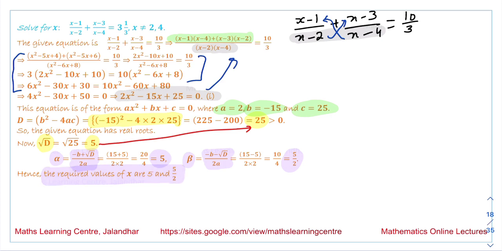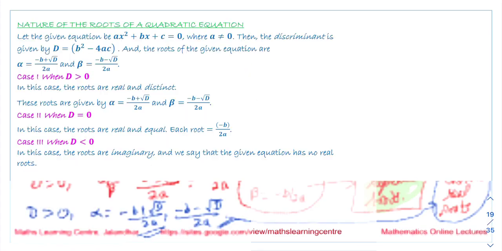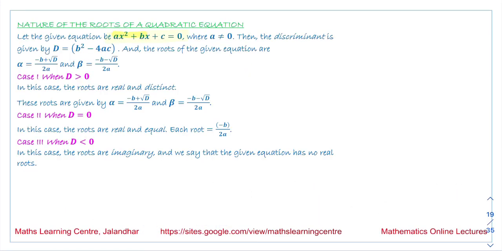Next we have the nature of the roots of a quadratic equation. An equation is given to us, ax square plus bx plus c is equal to 0, where a is not equal to 0. Then we have to write the nature of the equation. Nature of the equation means we are talking about when the real roots will exist and how many roots it will have. We have written over here that the discriminant is b square minus